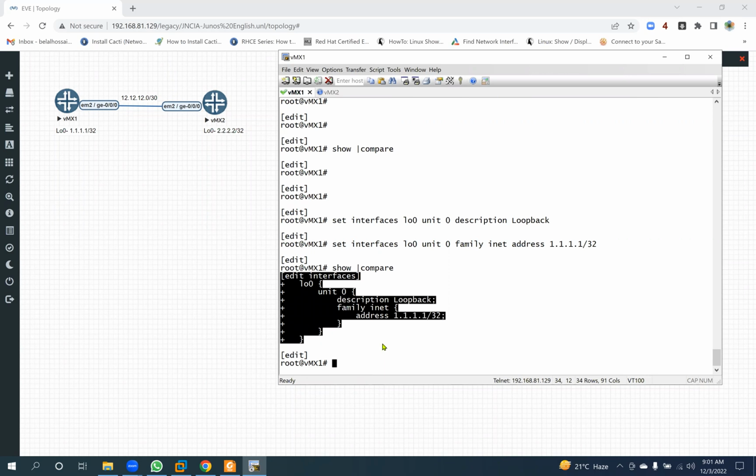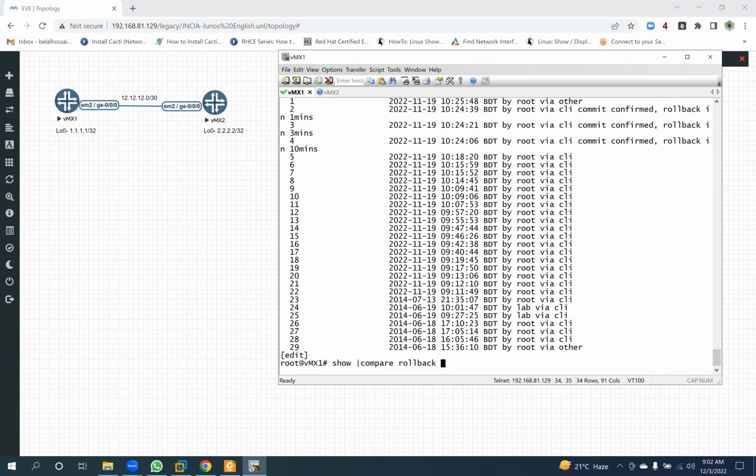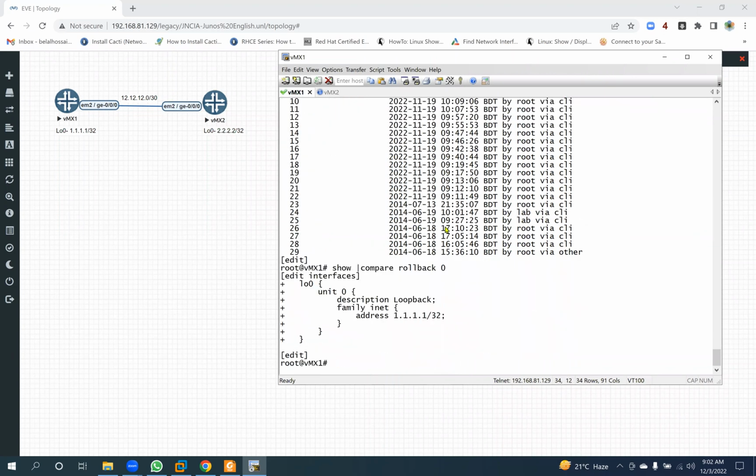When you place commit, this configuration will transfer from the candidate configuration to the active configuration. And last is the rollback number. So show compare rollback 0. Rollback 0 means the immediately committed configuration file compared with the candidate configuration file. So these are the changes. When you place commit,